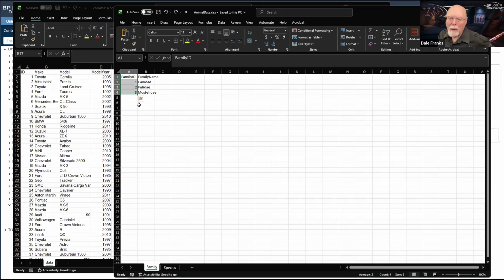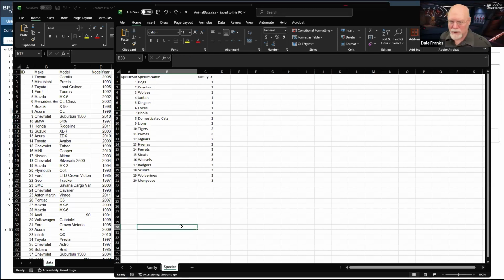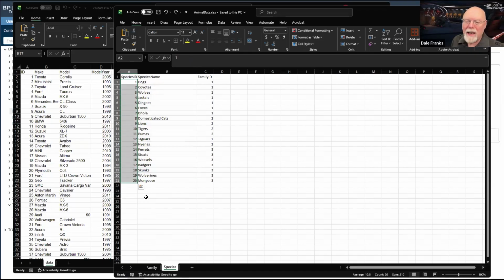So I can fill a dropdown with these family names, Canidae, Felidae, and Mustelidae. And I can choose one of these three options from a dropdown. Well, what is a Canidae or a Felidae or a Mustelidae? Well, that's where the species comes in, because I have 20 different species. They each have a primary key that uniquely identifies each one, but they also have the family ID.